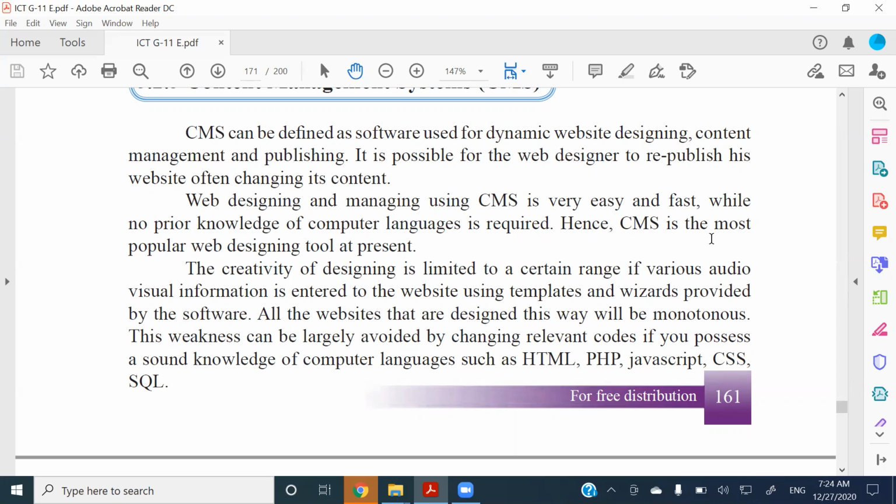Otherwise it's going to be a weakness or disadvantage, because if you create a website using a CMS, everything is going to look alike, only the contents are going to be changed. But there are many different ways to make it or to show it as a different one,